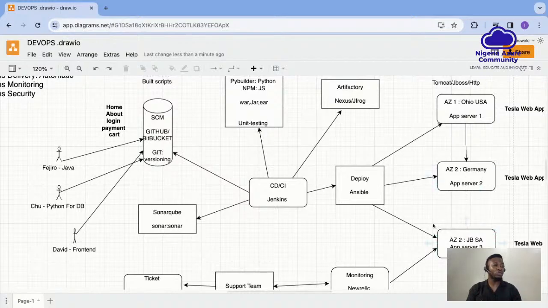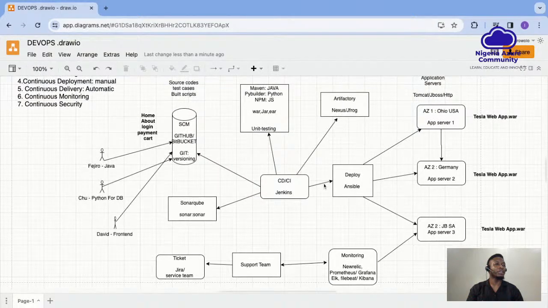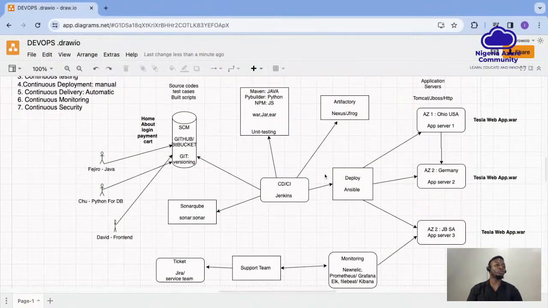The applications don't suffer downtime, and end users can always access applications in real time. This is why we deploy to multiple application servers. All right, but looking at this in real time, this right here is one way to deploy applications in real time using an application server. However, in the modern world,